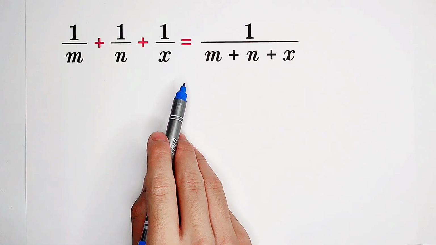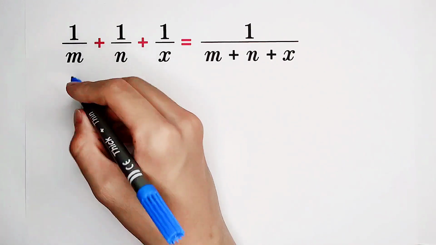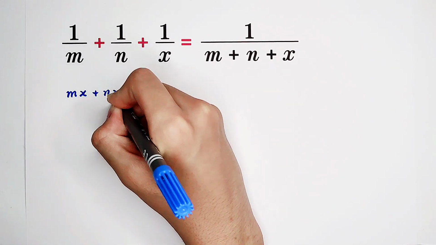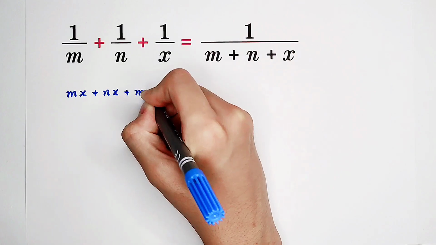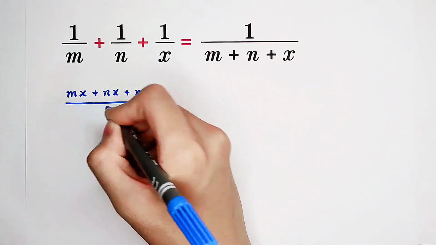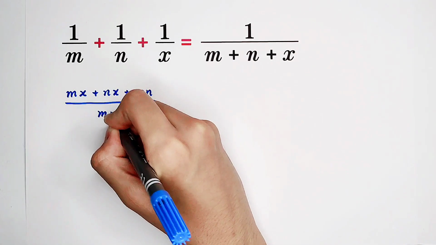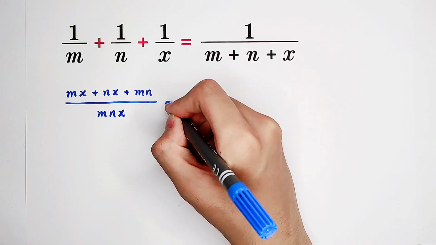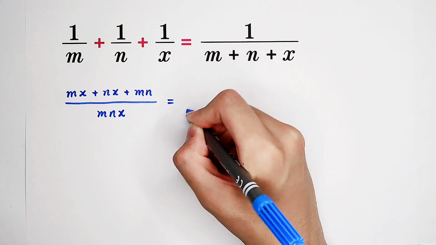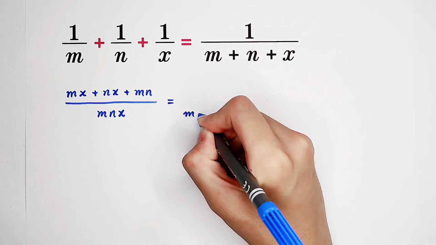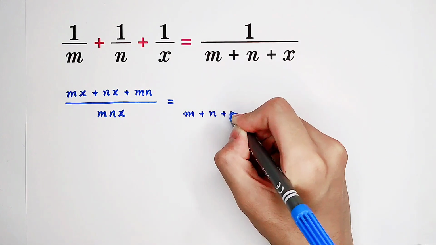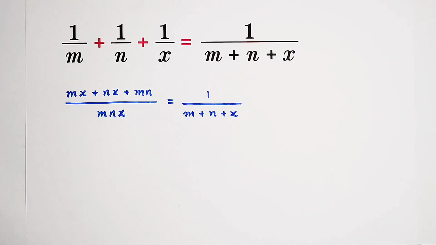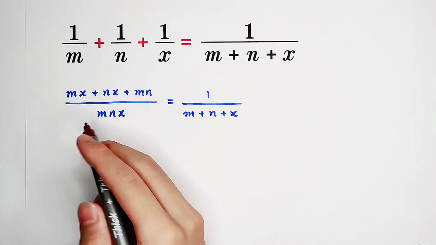Firstly, we can simplify the left-hand side. It is (mx + nx + m times n) over m n x. And the right-hand side is still 1 over (m + n + x). According to the cross multiplication rule, it is